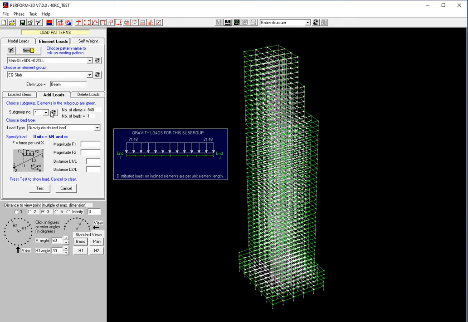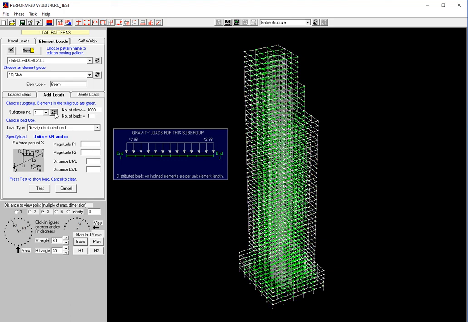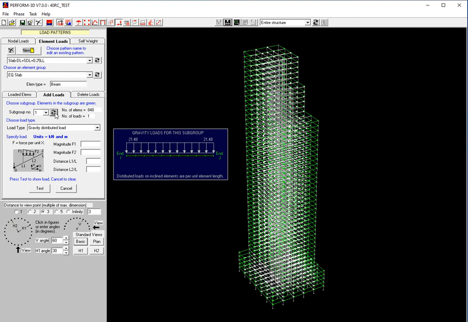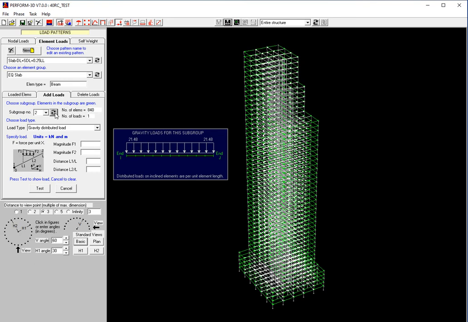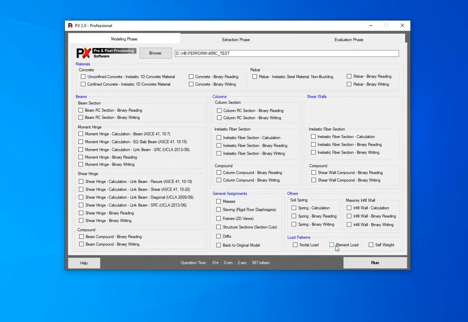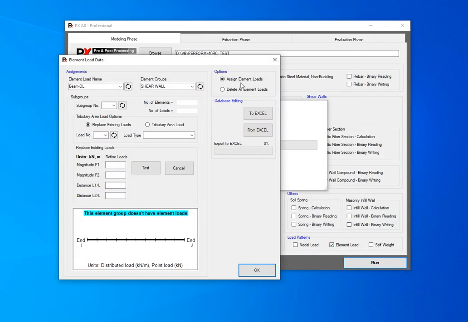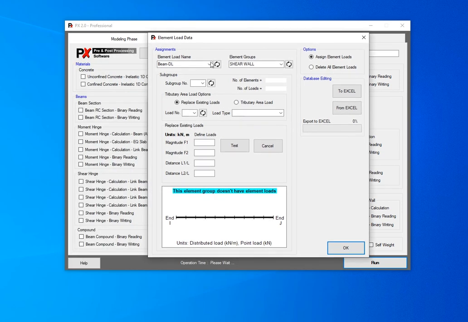In this model, as you see, they have two main subgroups with a uniform load. I would like to modify the value, or modify the pattern of the uniform load, here. By using PX, you click PX, and it will load the information exactly the same as provided in Perform.